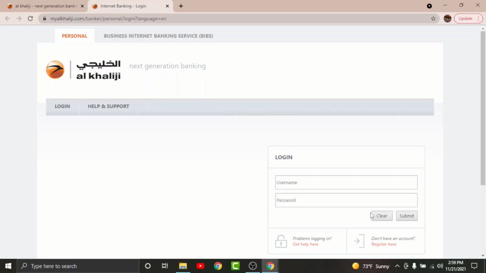But before you get started with the login process, there are a few things that you need to keep in your mind. You cannot log into your online account if you haven't registered for Khaliji Online Banking Account. So in order to do that, all you have to do is go to register here option and tap on it in order to start the registration process. Once done, you will be provided with a username and a set of password that you can log into your